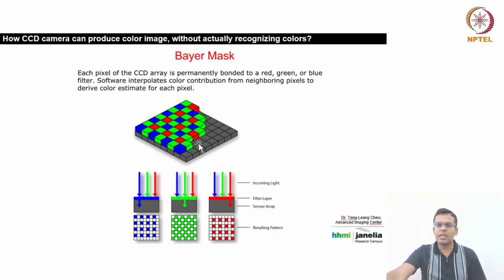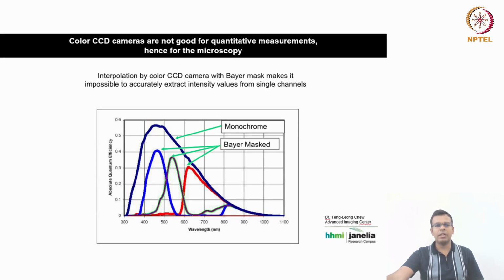The pixels coated with the red Bayer mask allow only red light to pass through. This way each pixel only quantifies one particular wavelength, and then the software interpolates that data and makes the color image for you. Basically, the CCD camera cannot see color. It just measures the number of photons coming per pixel, and because the Bayer mask allows only one wavelength to pass through, only that wavelength can hit the pixel and be converted from photons into electrons. This is how color images are produced.